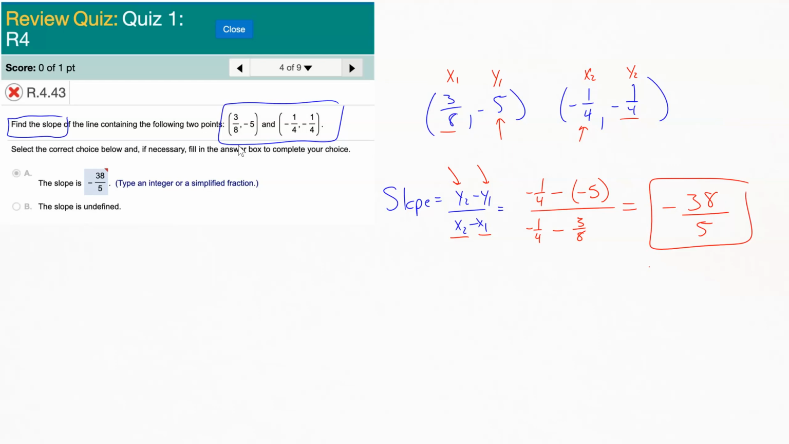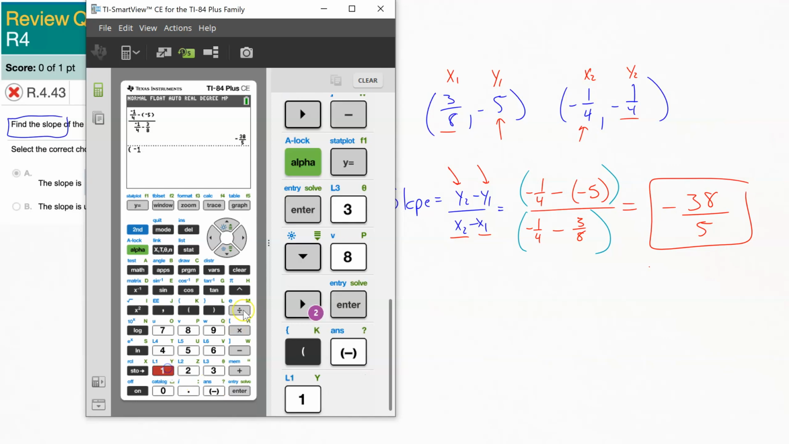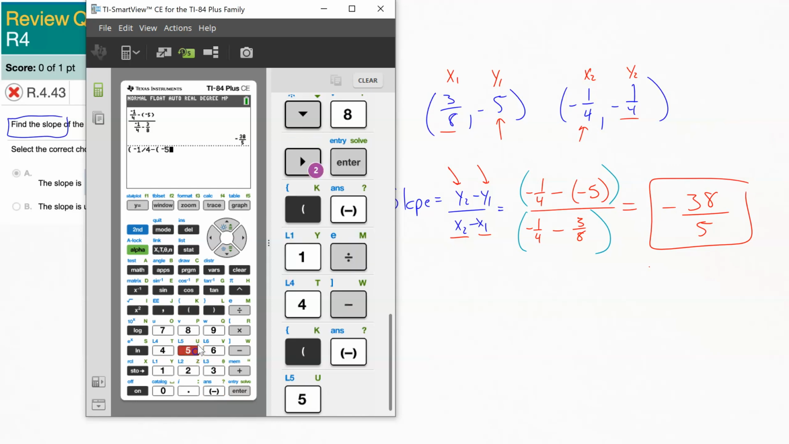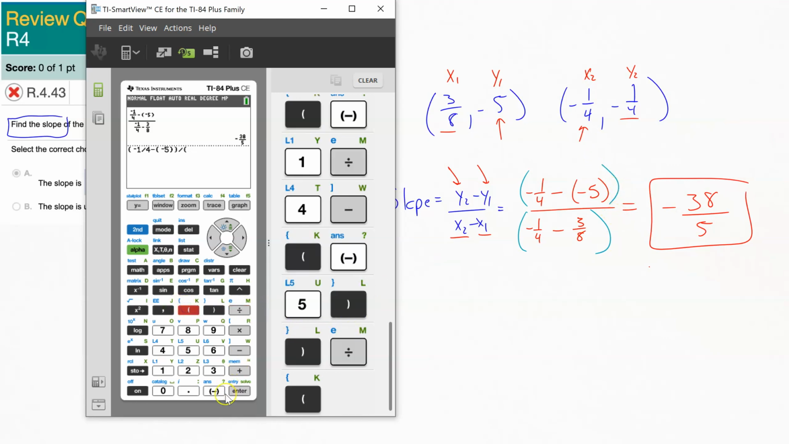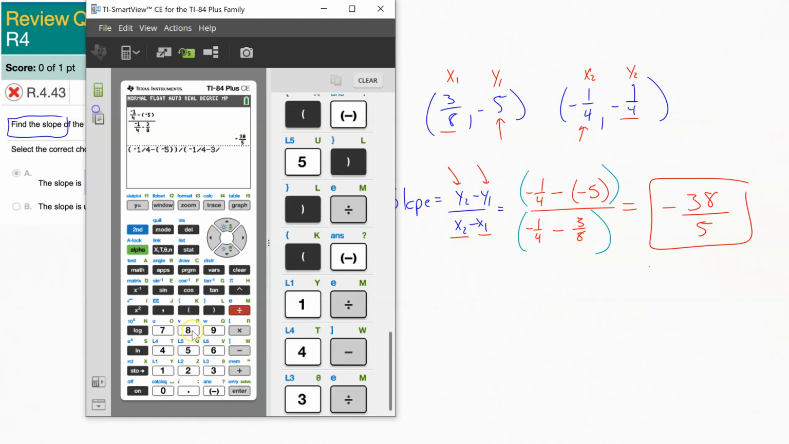So the thing you want to remember if you don't have that functionality on your calculator is that you need to make sure it's the whole top in a set of parentheses divided by the whole bottom in a set of parentheses. So to do this and get the answer how they want it, you could do -1 divided by 4, opening that parentheses to begin with, minus, open your parentheses to plug in that -5. You'll close it once to close off the -5, and then you hit close again to close off that whole top piece. Divided by, open one for the bottom, do our -1 divided by 4, minus 3 divided by 8,